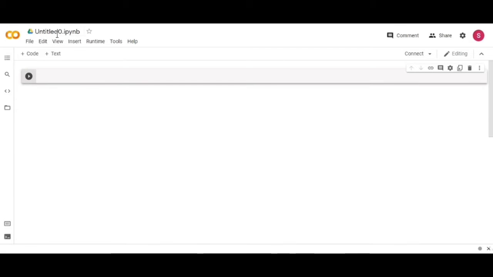If you click a new notebook, you see a nice interface with some name. You just change the name here. I change it to lecture one, and you can mark it as a favorite. In this Collaboratory, there is a feature called comment. You can comment on every cell, and you can also comment on this project too.